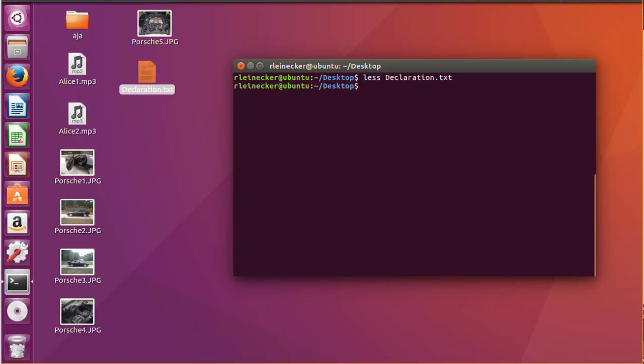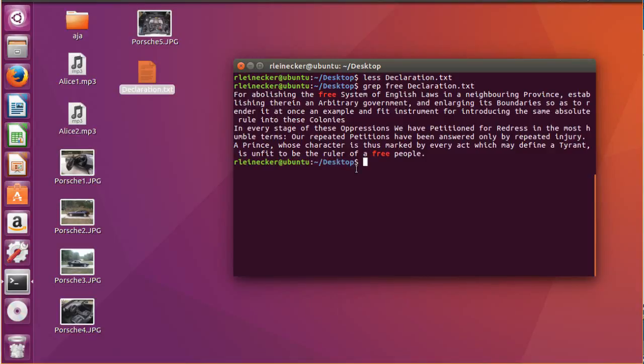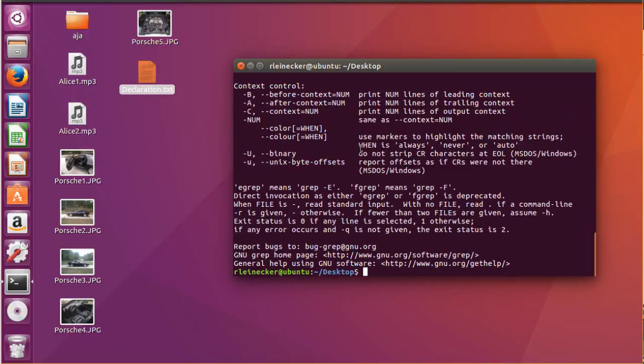But you can also search. Okay, so let's go ahead and search. We're going to use the grep utility. We're going to search for the text free in declaration.txt. Okay, so it shows us all the copies of free it found. Grep actually has quite a few options, so feel free to look at grep. It's a really convenient way. For instance,